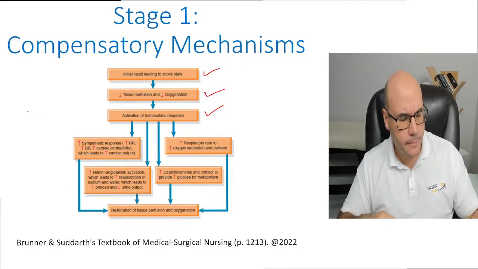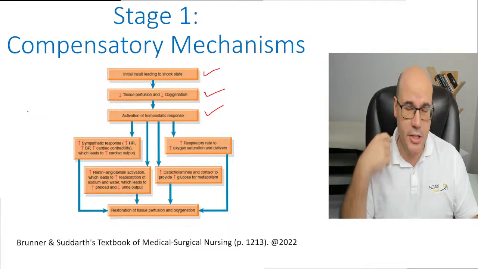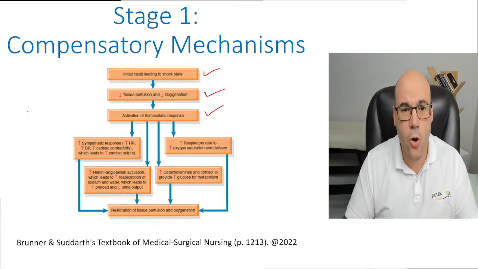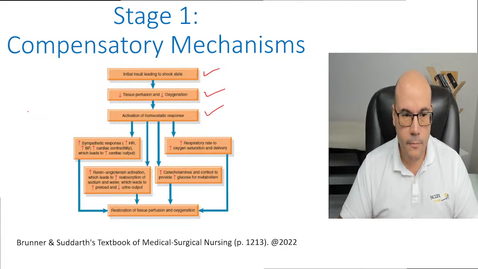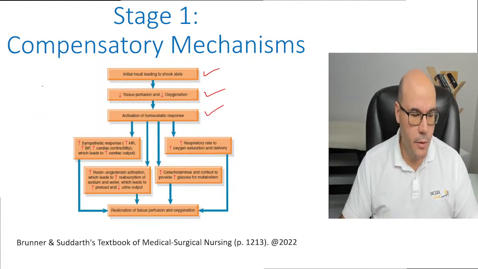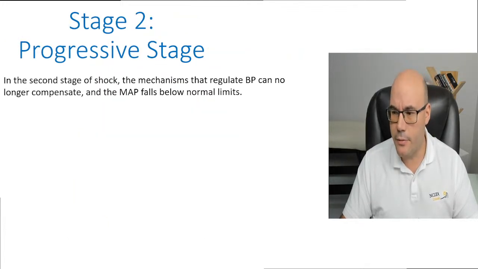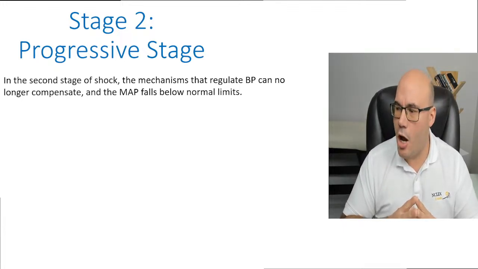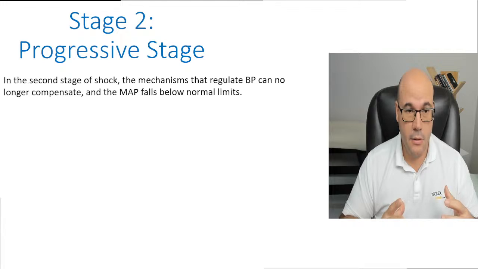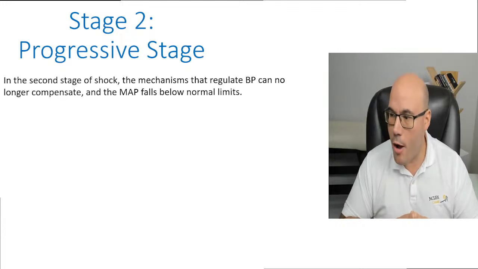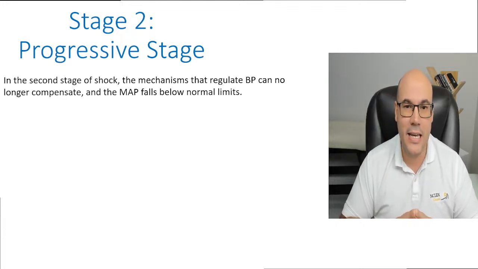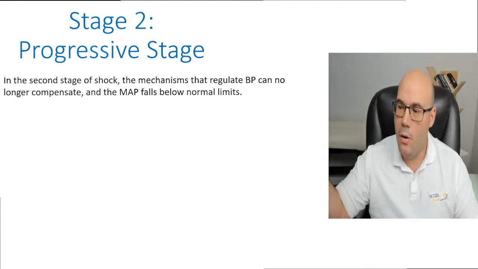Do you now understand why a patient in the first stage of shock can show a normal blood pressure? Let's go to stage number 2, known as the progressive stage. In the second stage of shock, the mechanisms that we just talked about that regulate blood pressure can no longer compensate, and now we're going to see something decrease drastically, which is the mean arterial pressure